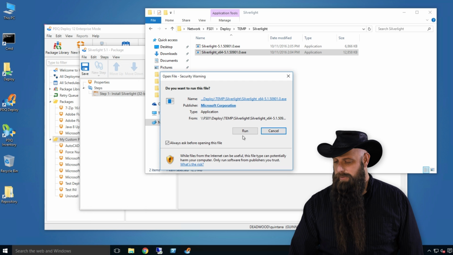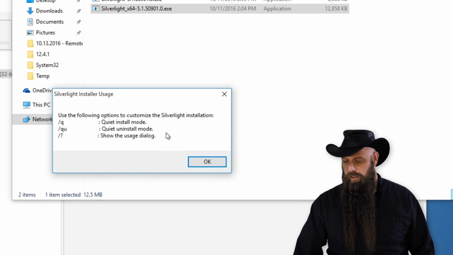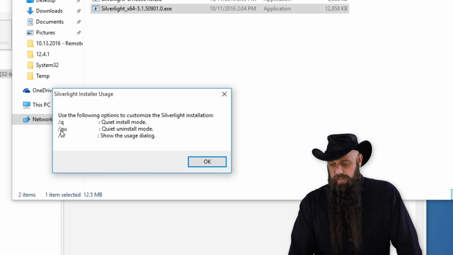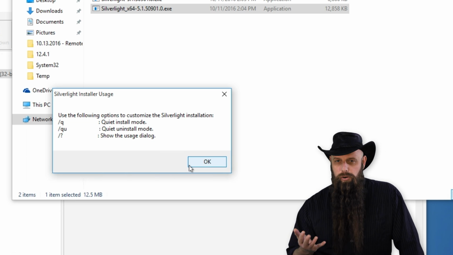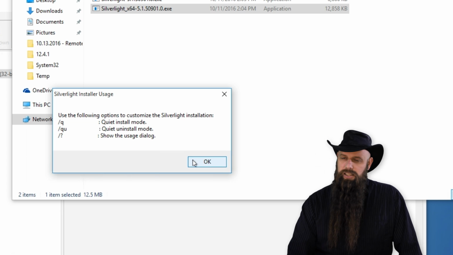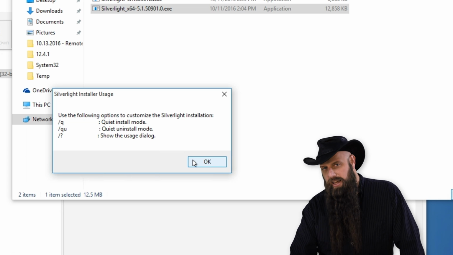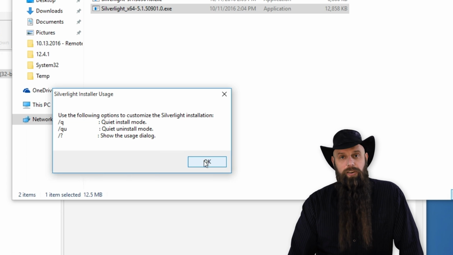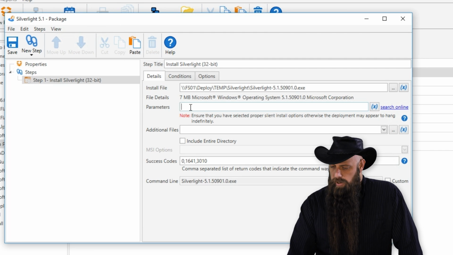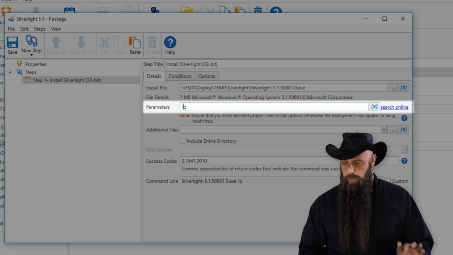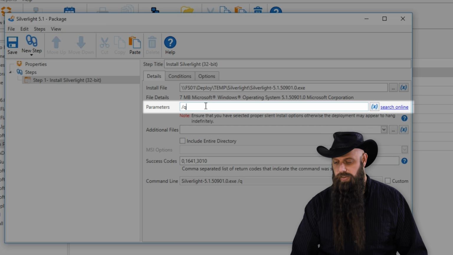It gives you some idea on how to run this thing quietly. And you notice it's simply a /q in the case of Silverlight. And this varies per vendor, per application. So sometimes you'll see a /uppercase Q or a /verysilent. It all depends. You kind of have to do your homework. But we know that we can do a /q right there for the parameters to make sure that it runs